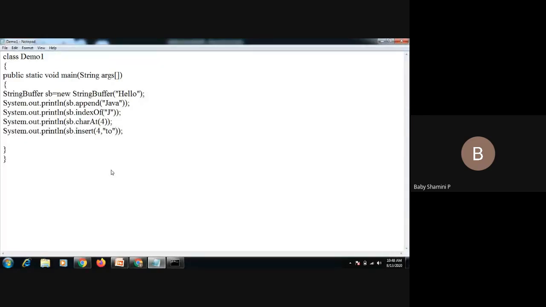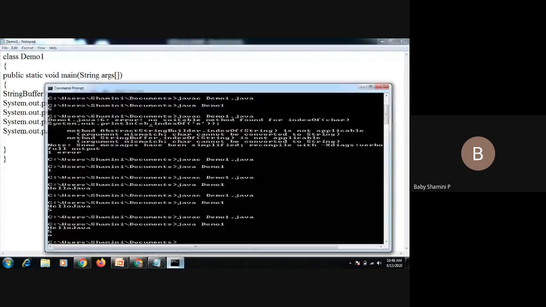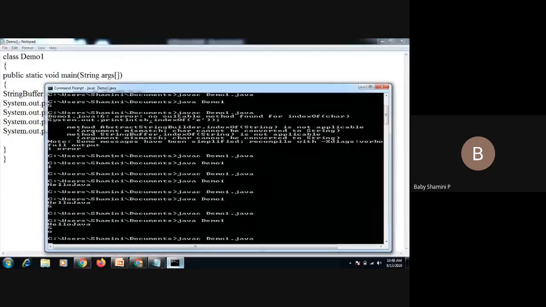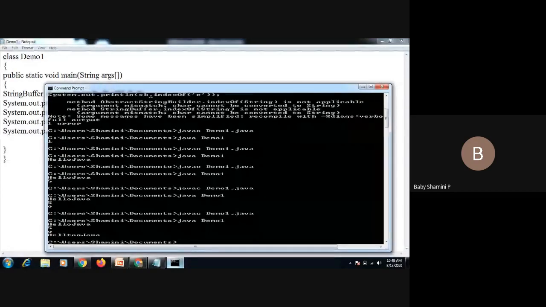I'm going to insert 2 into index position 4. So the output is hello Java with the 2 added: at index position 4, it adds 2. In this way we can insert some characters or a string into existing strings.